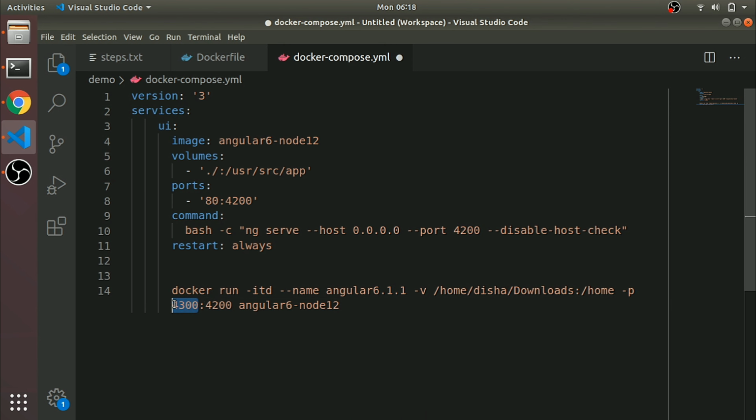For this command to run, we need to ensure port number 80 is empty. If you are using Apache, Apache takes port 80 by default, so we need to change that port to something else, otherwise this will throw an error. So confirm port 80 is available, otherwise you can use any other port that is available.